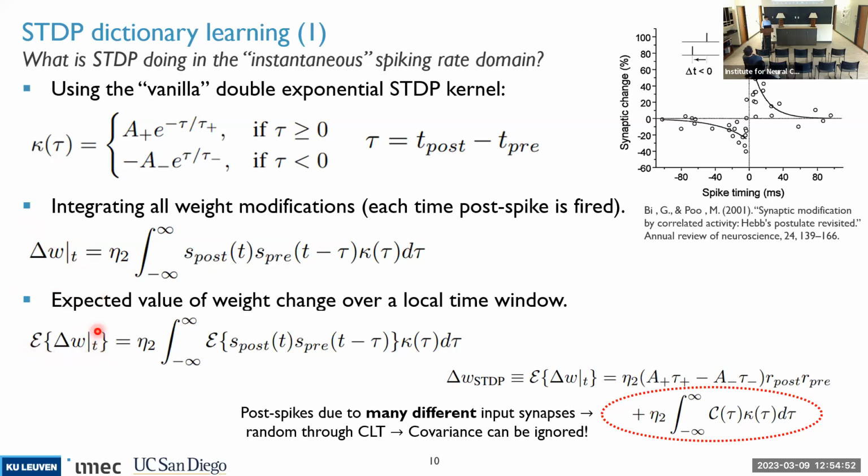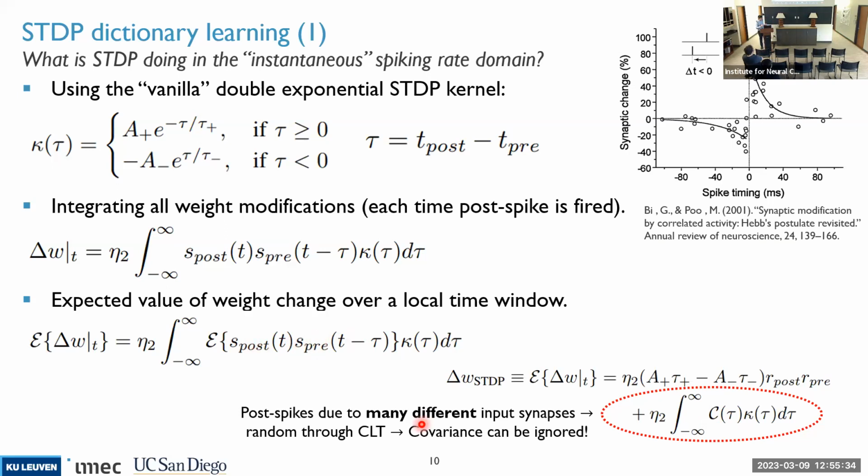When we take the expected value of the change in weight at time step t, we can apply the expected value to the only stochastic elements here, which are the post- and presynaptic spikes. Then we can use a simple formula for the expected value of the product of two random variables to derive this as the following, where you see the first term, given by the product of the mean values of these two stochastic variables, and another term that depends on the covariance between these two variables, postsynaptic spikes and presynaptic spikes.